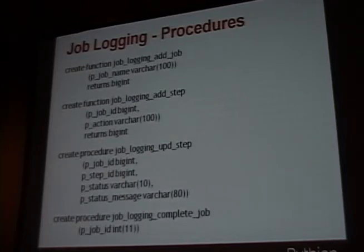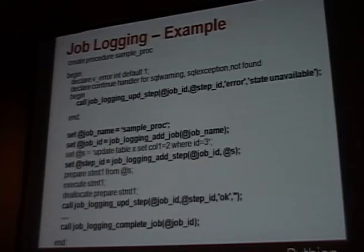So for the procedures, what we're looking at is basically 2 functions, 2 procedures. We're going to add a job. It's basically just simple stuff. We're going to add a step, update a step, which means completing the step, and then completing the job on top. And for the example of it in the code, basically what we're looking at here is